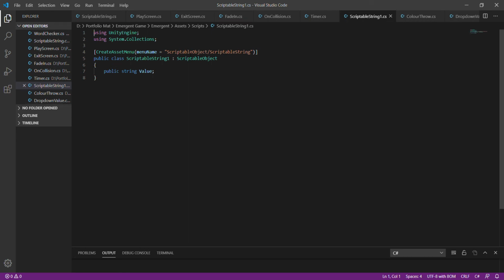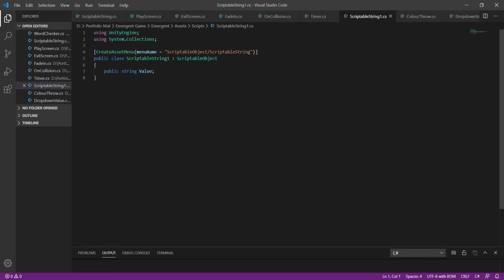Basically, I said to create a scriptable object folder and make an asset called a scriptable string, and when you make this asset, make a public string and call it value. And what it did was it gave a public accessible string called value